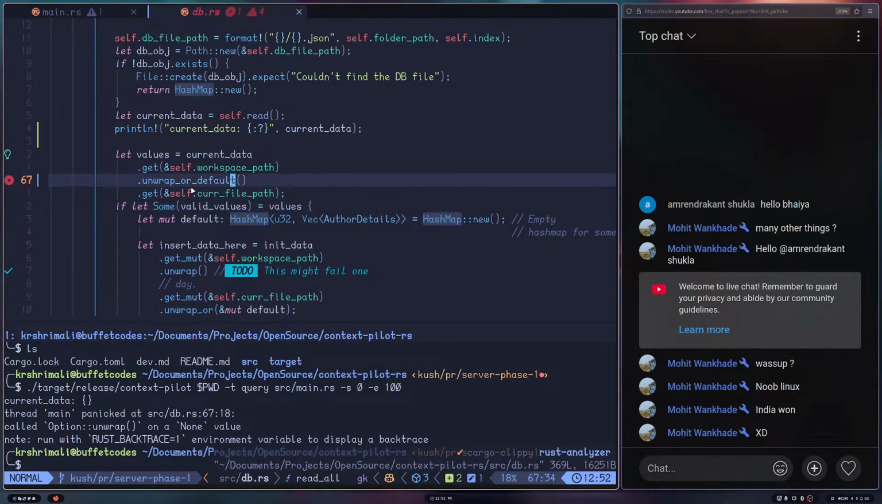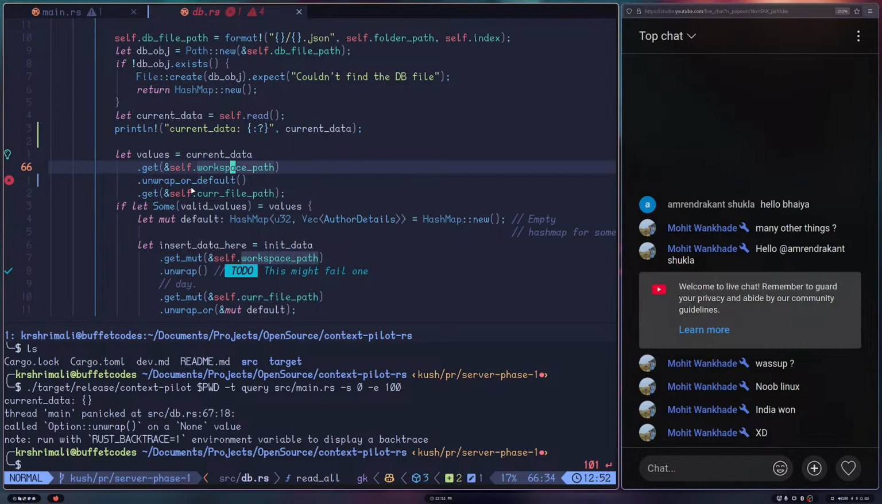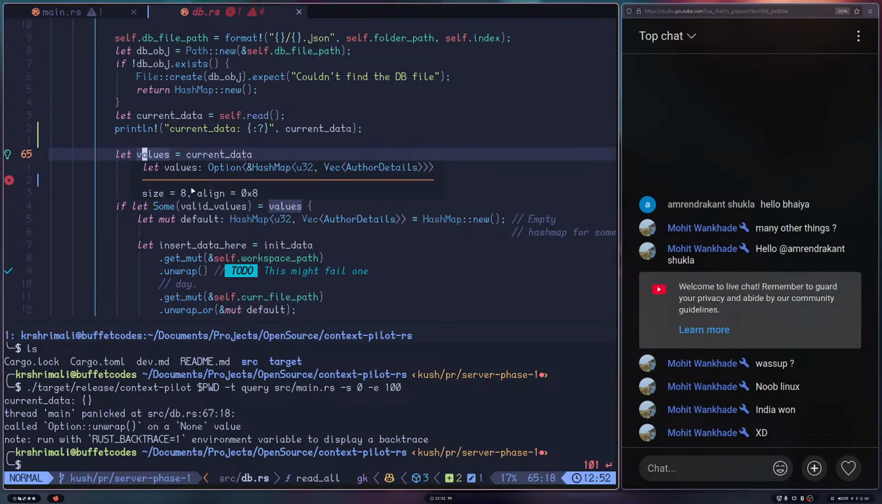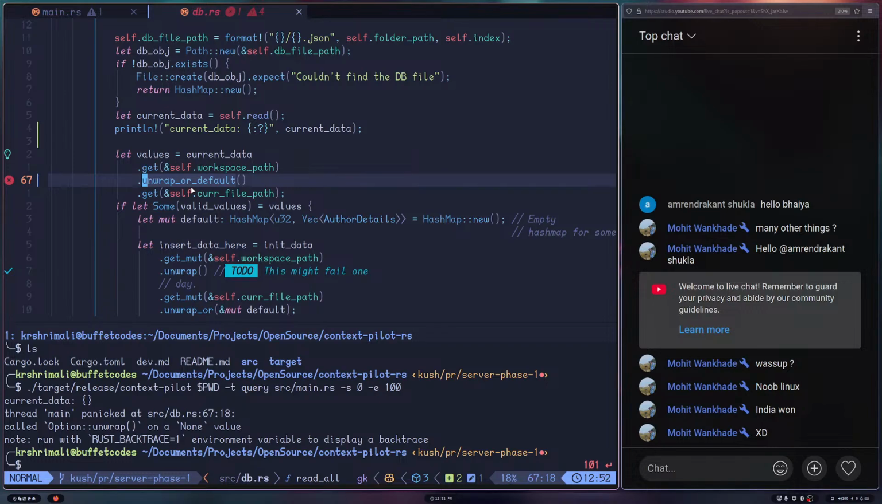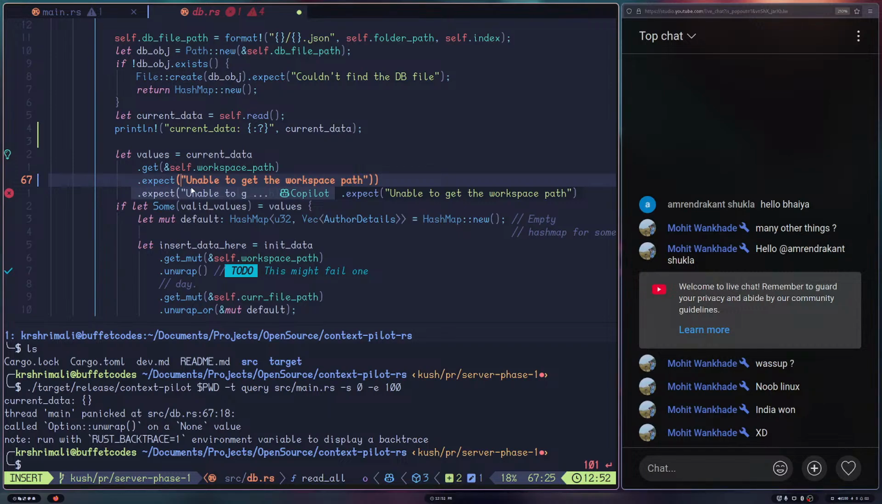I'm not sure it will be able to figure it out or not. Yeah, I don't want to trust it with this as well. In this case, the value is an option, right? So I could use .expect, but this will not make a lot of sense because